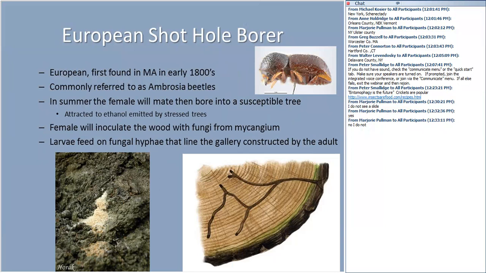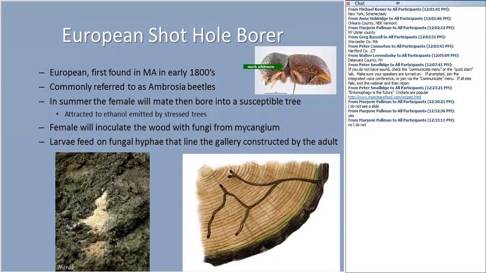So ambrosia beetles have an interesting life history. The female will excavate a hole in the wood, and here you can see this powdery stuff is actually caused by the female excavating the hole. She excavates these tunnels, and at the time that she's excavating them, she's actually inoculating the tunnel with a dark fungus. The fungus is kept in the female in a modification of the pronotum called the mycangium.